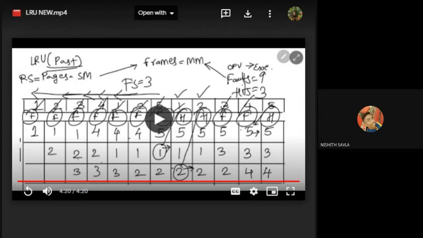Okay, ma'am, but least recently used means it was used the last time. But in this slide, 1 was recently used, but it still got replaced, and 5 was not recently used. Recently used means it was not reloaded. Recently used means recently loaded. That is what is recently used. Did I load it recently? No. But I loaded 5 recently. I loaded 4 recently. Did I reload it? No, it was already there and I'm continuing it.